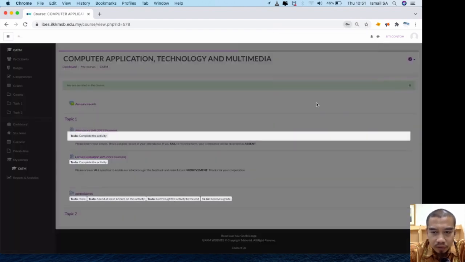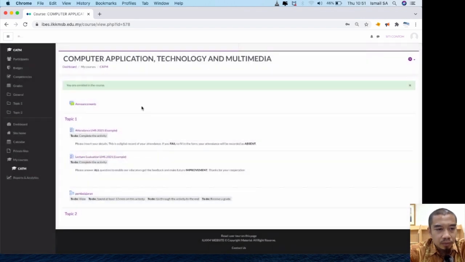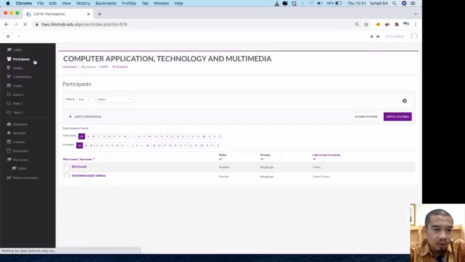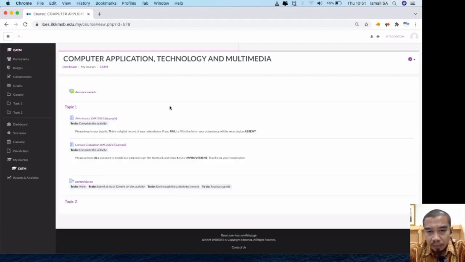Daftar sendiri requires an enrollment key, so the student has to insert their enrollment key. In this example it is capital I, BES 2021 with the exclamation mark, and the student will click Enroll me. After the student does that, they will navigate to the tour for the students, and the students are able to join the class and participate in the communications and teaching and learning experience in your specific course.